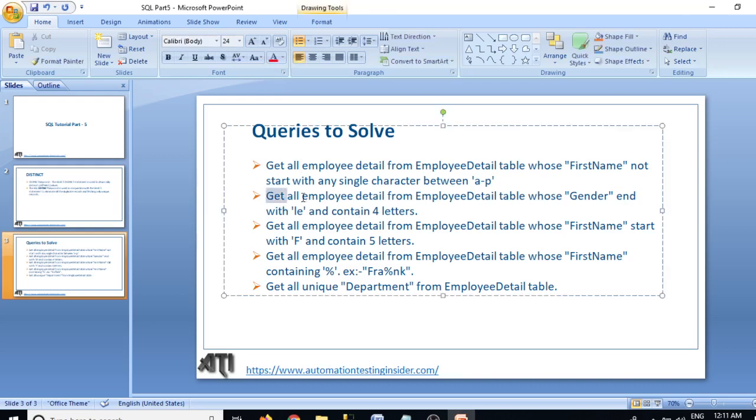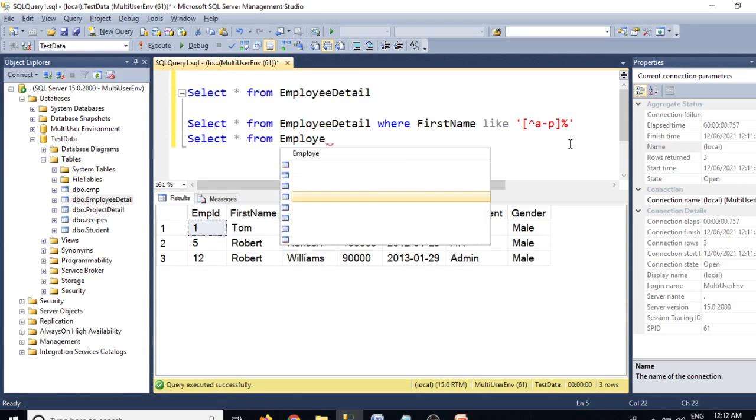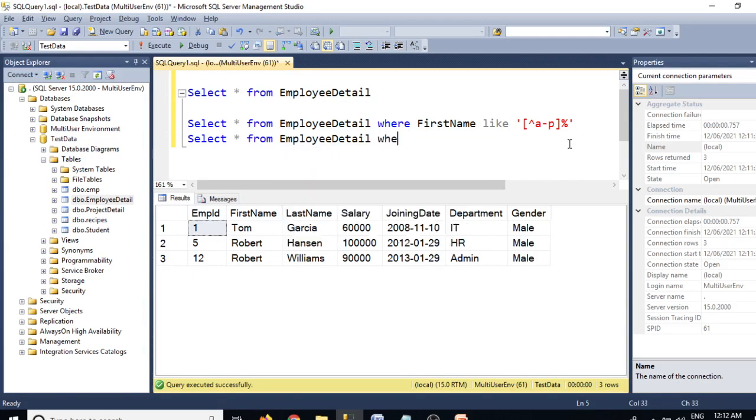Second question. Get all employee detail from employee detail table whose gender ends with LE and contains 4 letters. So this is also very simple. Select star from employee detail where gender like.